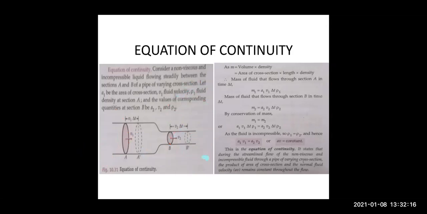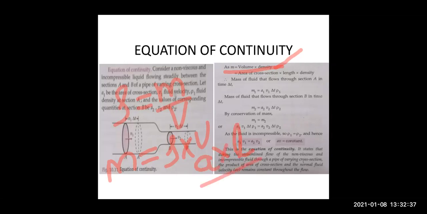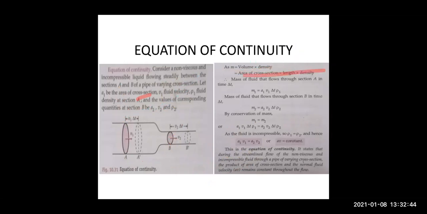So we are going to compare them in terms of mass. Children, we know that density is mass upon volume. So can we write mass as density into volume? Volume can be written as area into length. Area is meter square, length is meter, that is meter cube, that is volume, right beta? So we have replaced volume by area into length, and density is there. Now let's see the mass of fluid entering the cross-sectional area capital A in a very small time, that is del T.